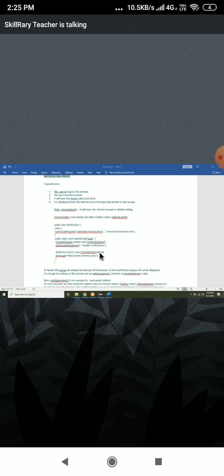After changing the setting, you have to pass the options here. Very, very important, or else it will not open with the modified settings.